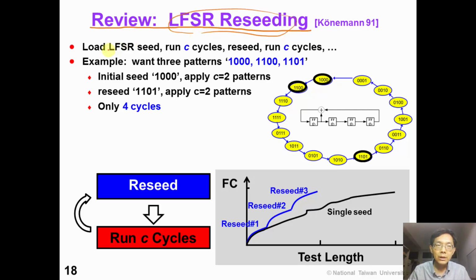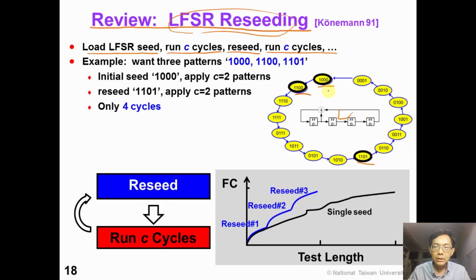In this technique, we load an LFSR seed, run C cycles, and then we change the LFSR seed and run another C cycles, and so on. For example, given this LFSR, suppose we want 3 test patterns, 1000, 1100, and